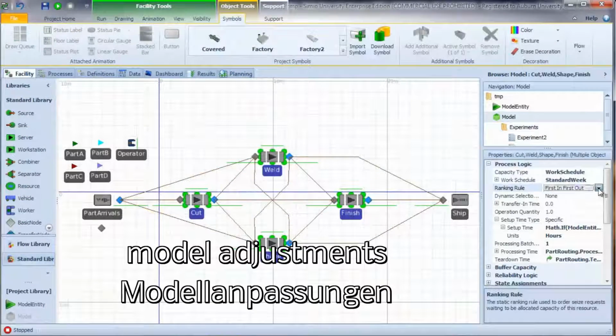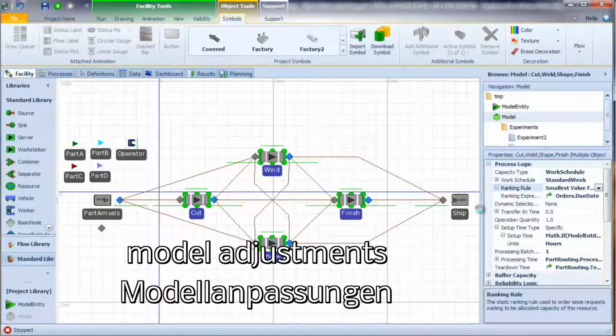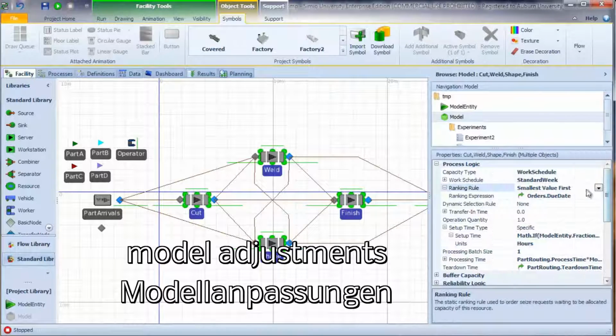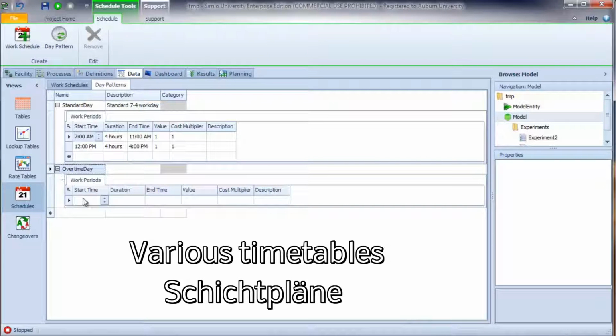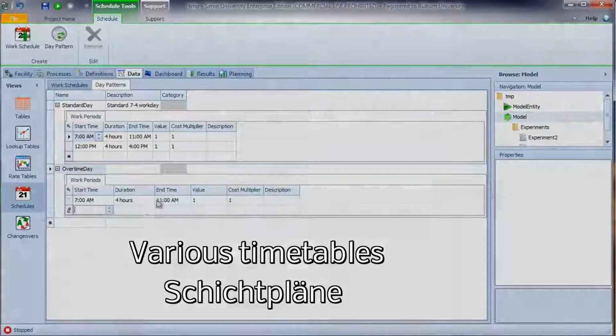Now we can easily change that. Let's do smallest value first and set that to order's due date, meaning if there's a queue of jobs waiting for this day. So let's say overtime day, and in our overtime day we're going to add a 4-hour work period at the end. So I can do my 7 a.m., 4 hours like we had before,